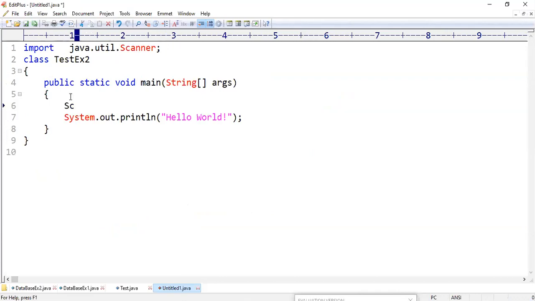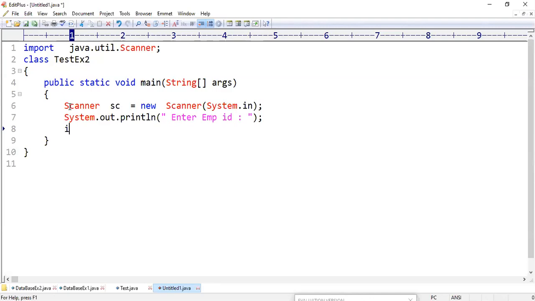Here create Scanner sc = new Scanner(System.in); I want to read integer values, so I just want to display a message: System.out.println("Enter employee ID"); Now int eid = sc.nextInt();